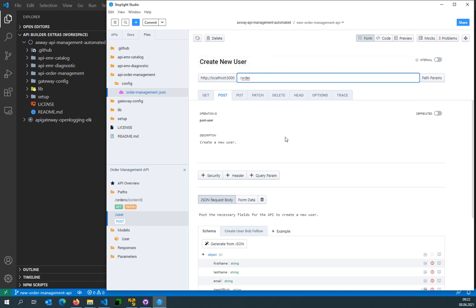And maybe by intention I let some of the things incorrect, like create a new user and so on, because I also would like to demonstrate how you can then update the lifecycle. Because what I'm doing here in Stoplight, and again you can use any other API design tool,